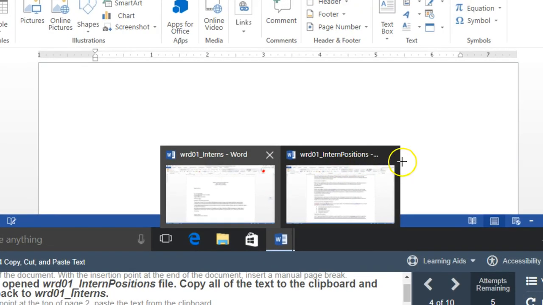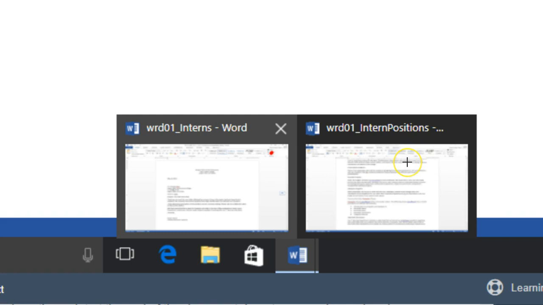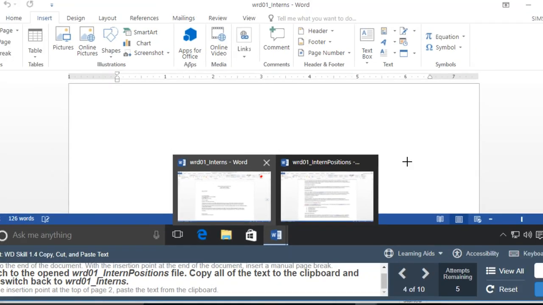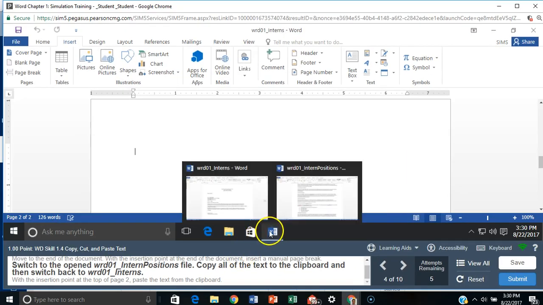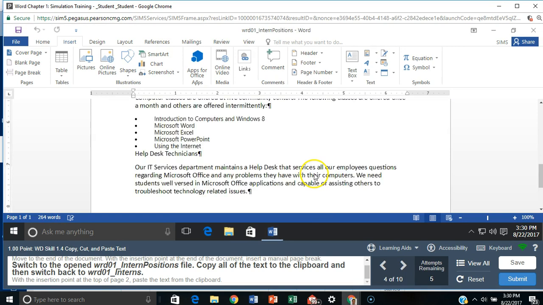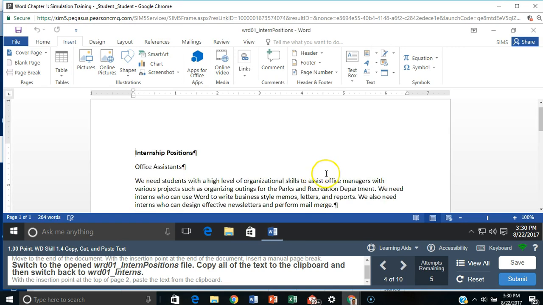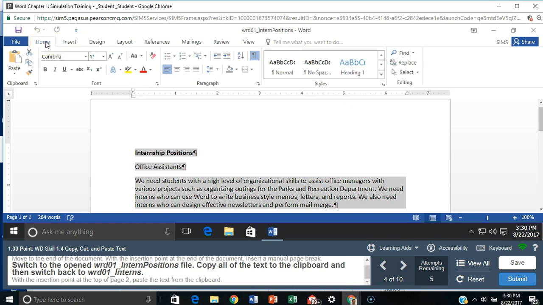And if I zoom in on that, you can see the difference. Okay, what we want is the one on the right, so we're going to select the one on the right, and then we want to copy all the text to the clipboard. So we're going to use that Control-A command again to select all the text, and then we're going to use a Control-C, or we could go up here to the Home tab and